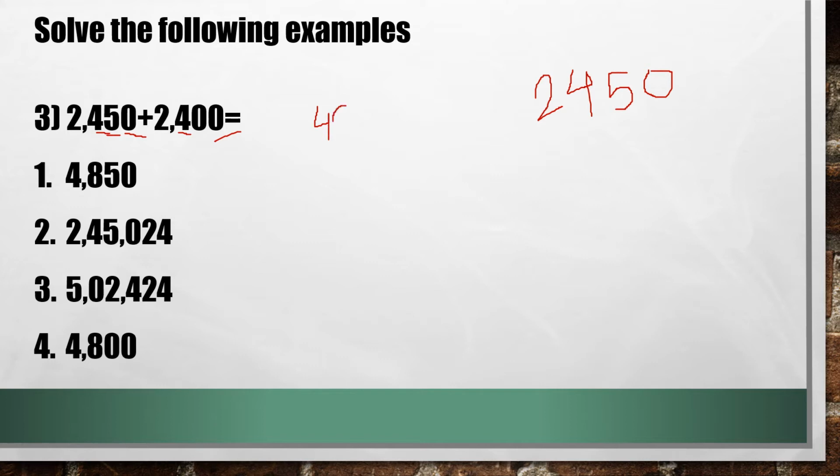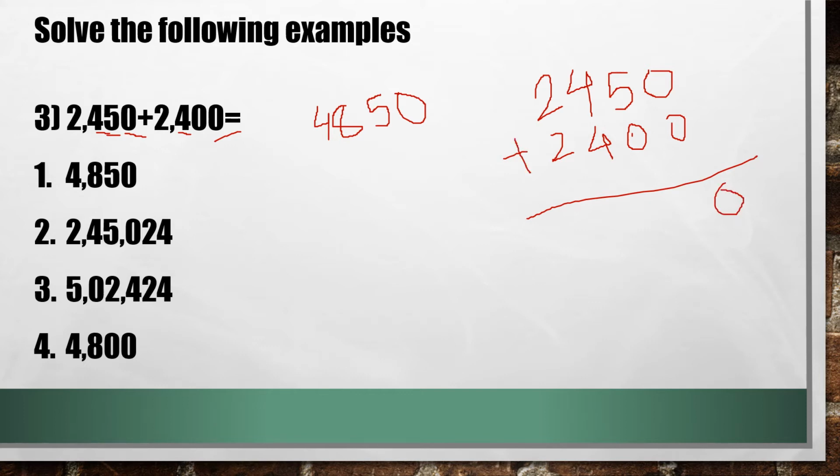If you're comfortable horizontally, if you're comfortable vertically, whatever you're comfortable with, you have to do it that way. Alright. So if I'm doing it horizontally like this, or you can do it like that also, the way that you do it in the class. Anything that you're comfortable with is correct. So if I'm adding this, it gives me 0, this gives me 5, 5 plus 0 is 5, 4 plus 4 is 8, 2 plus 2 is 4.